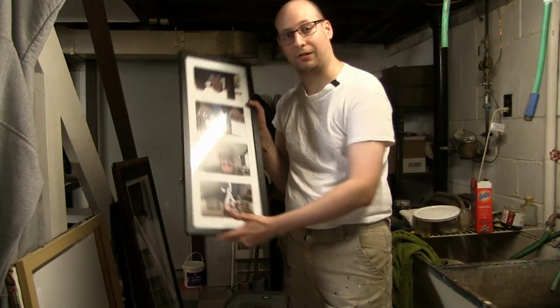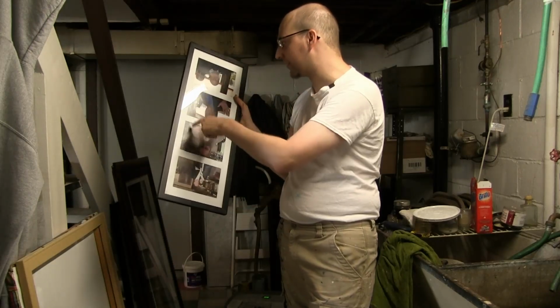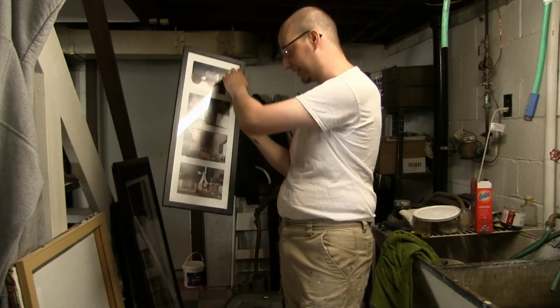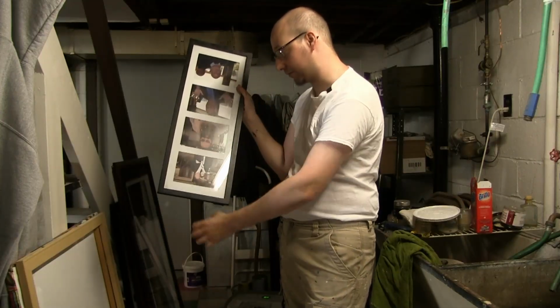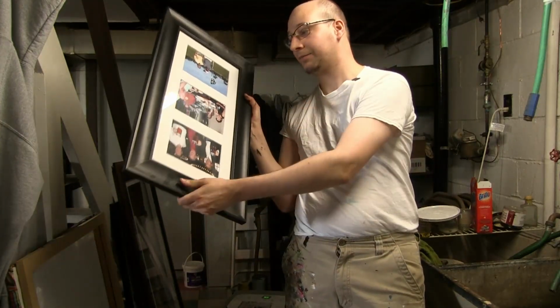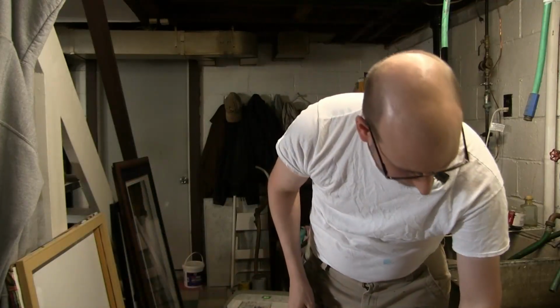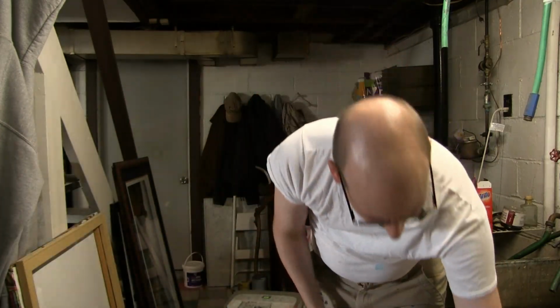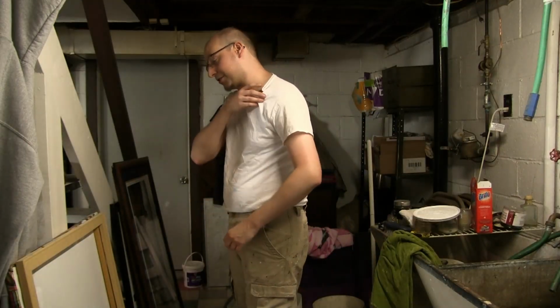Then there were some regular long ones. And the mat I won't need, because it's separated from pictures, but this then becomes a really nice long frame for either this way or that way, but it's got a nice wide one there. A couple of these smaller wood ones, so I'm excited to have those. There were also